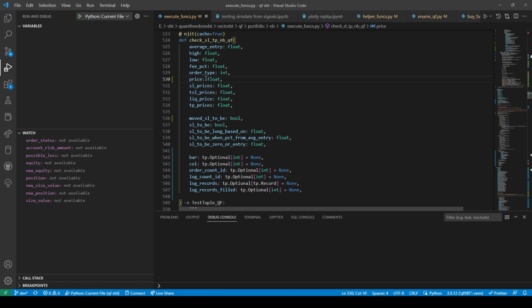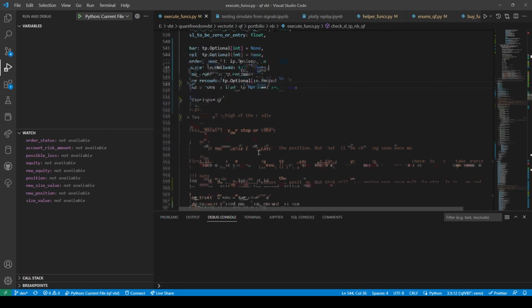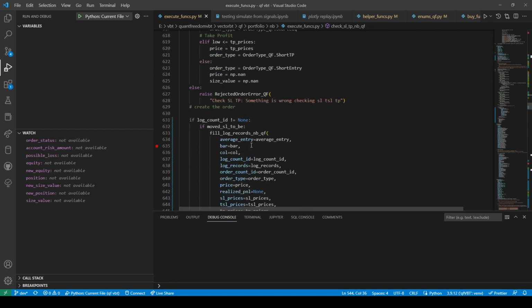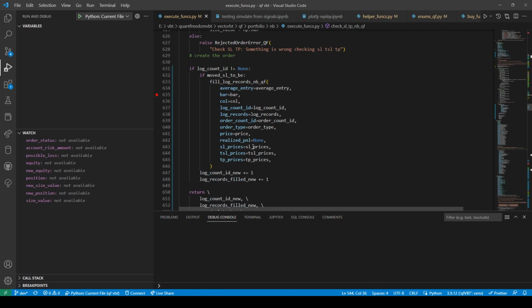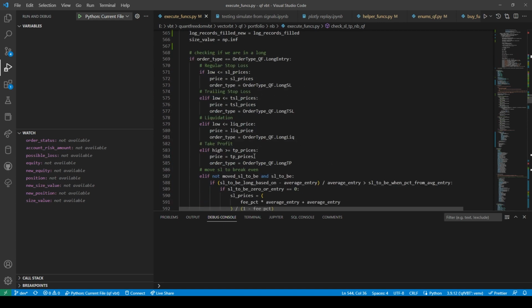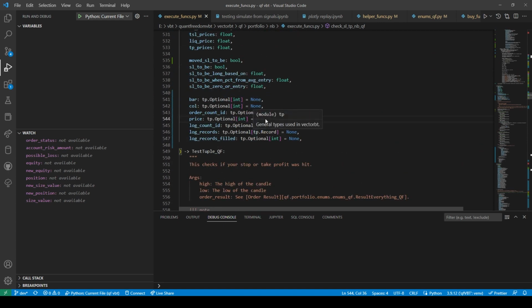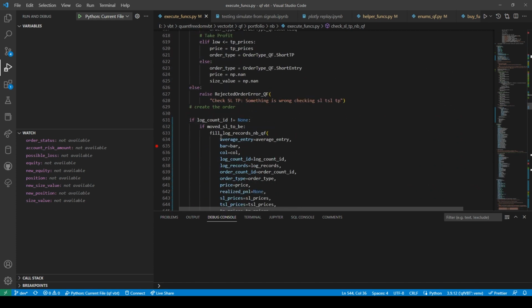Price, but this is also optional. But now the problem is that if I have one of these, then I have to have all of them in order to make this work. And if I forget one, then I'm going to be messed up. So I'm going to have to create like a